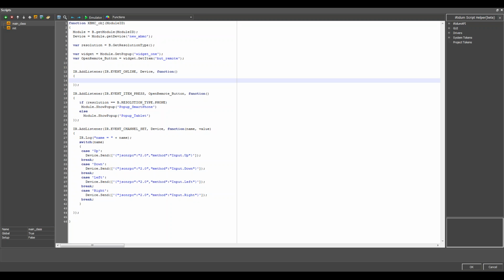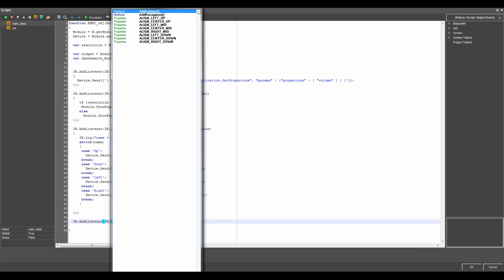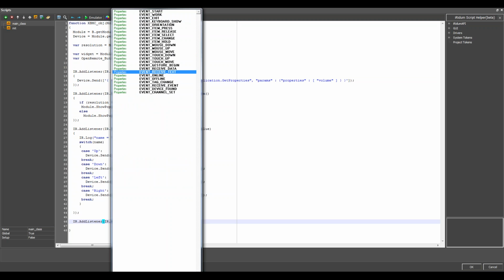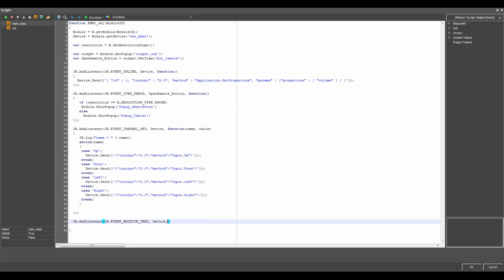My driver will connect to XBMC device. I want to send the command get volume, and then I should create a listener with event receive text with the link to my device and the function text. And so it is the same as in iRidium.